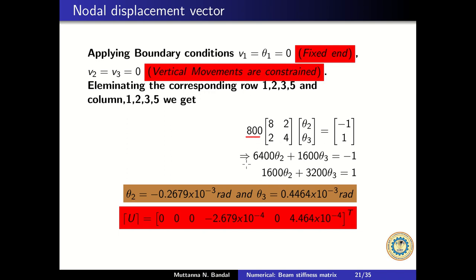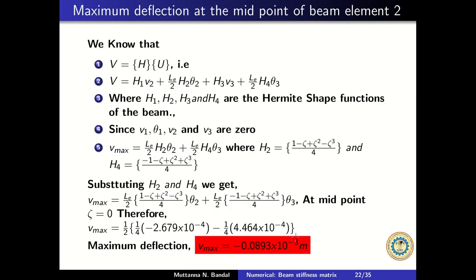So using this I will form two simultaneous equations, and upon simplification of this I'll get what is theta 2 and theta 3. So that I'm substituting here as a displacement vector. U is equal to V1 0, theta 1 0, V2 0, theta 2 from this, and V3 is 0, theta 3 is from this. So this is a nodal displacement vector. So this has to be used to find the maximum displacement at the center of the element 2,